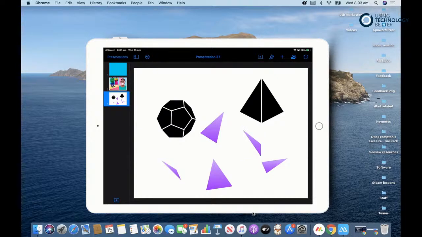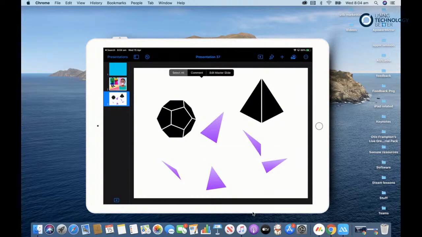One of my favorite things or updates with iWork is our ability now to select multiple shapes in a really easy and efficient manner. In the past, especially with little shapes, you have to hold your finger down, you've got to tap the other one, and it can be very hard, especially for little fingers, for some of our younger students. So now all we need to do is tap on the side and drag across the entire